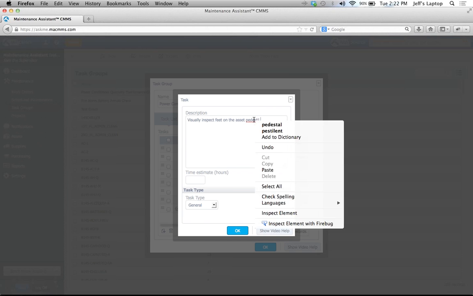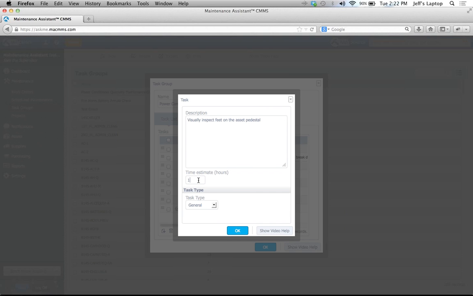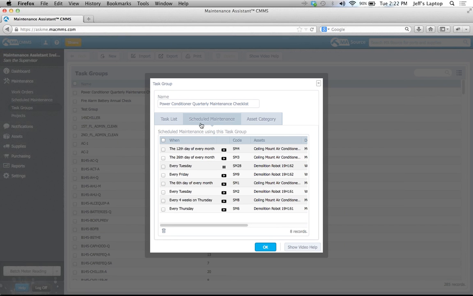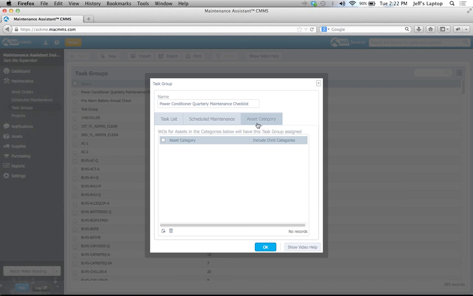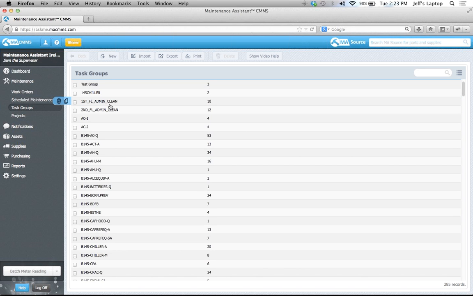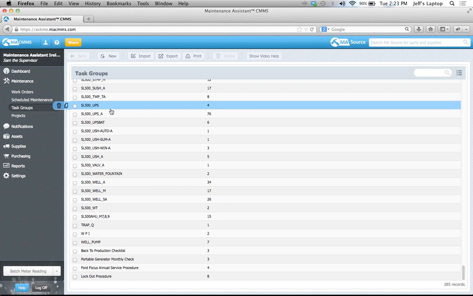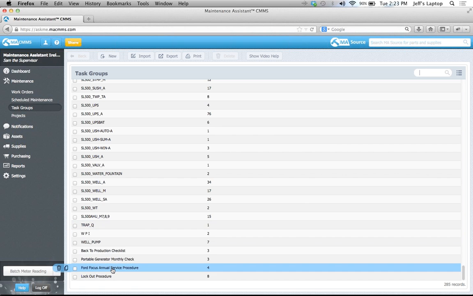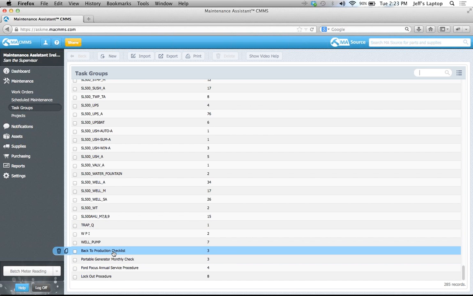Pedestal, probably spelled it wrong. Should take an hour to do. It could be a pass fail, so let's leave it as a text result. When I add that to the task list, it's now going to update all those scheduled maintenances and add that task in. Also the category, so this is where, when I created it for that truck, it automatically got added to the system because it's added to the